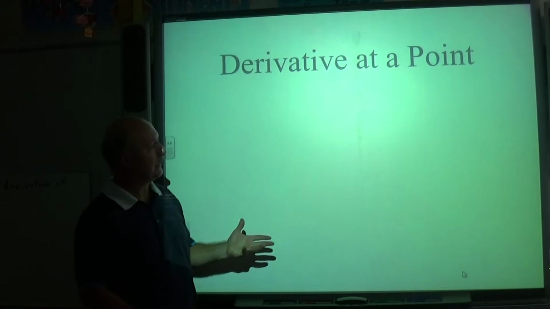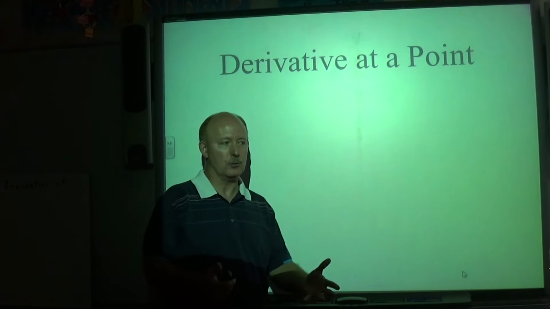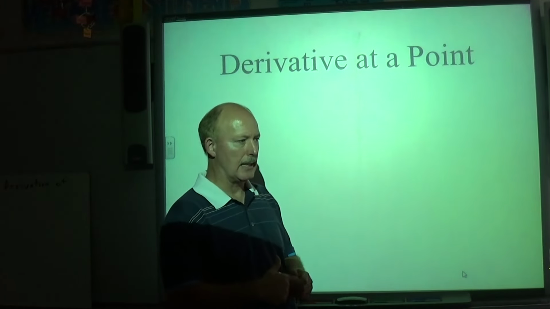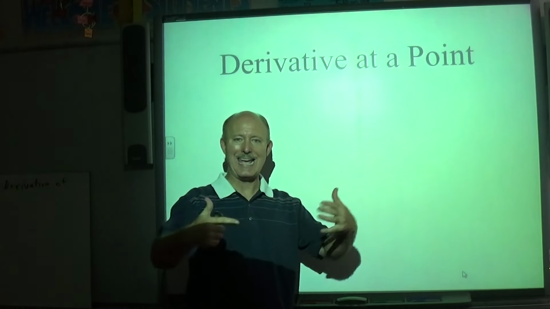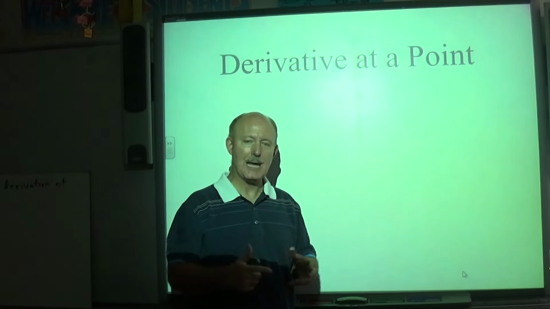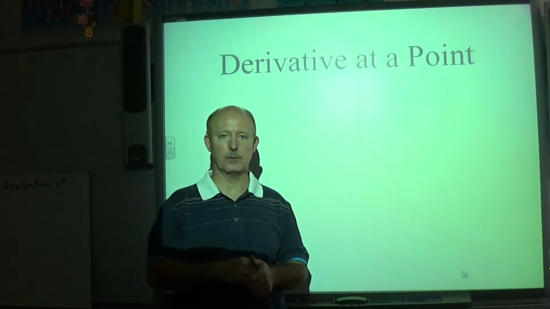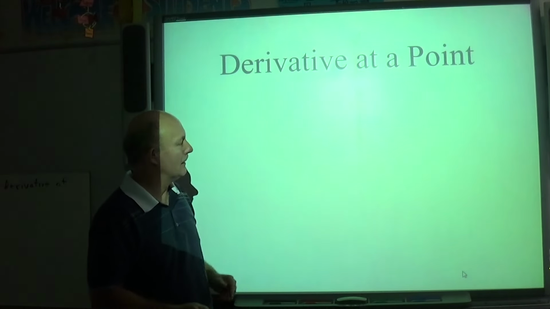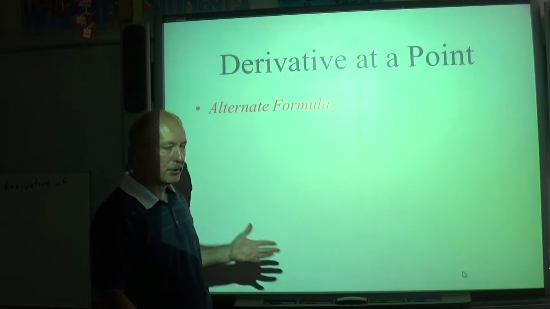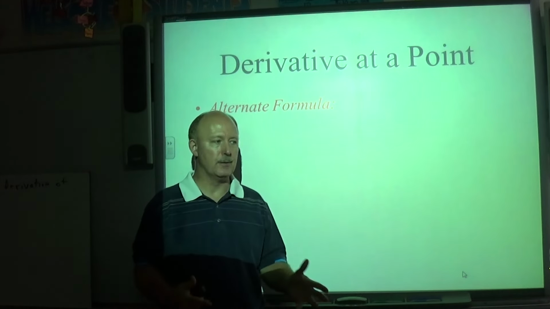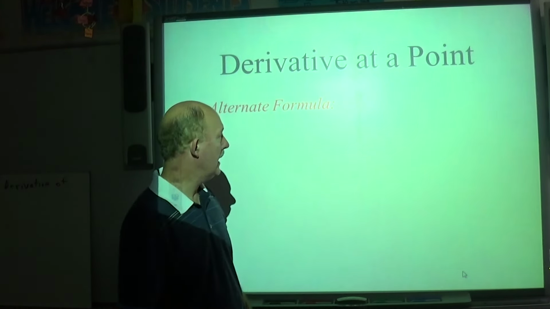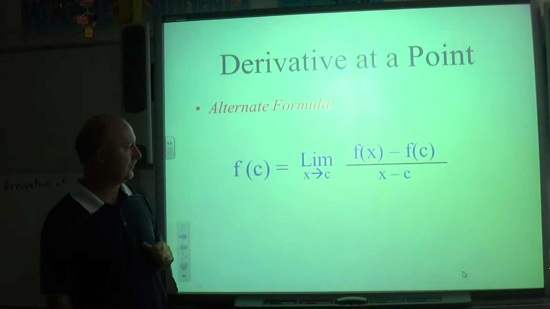Let's take a look at an alternative formula. There are two formulas here that we use. You saw what's called the general longhand derivative formula. Sometimes, if all we need to find is the slope at a particular point on a curve, we can use what I call the alternate formula. And it goes like this. It says you take the